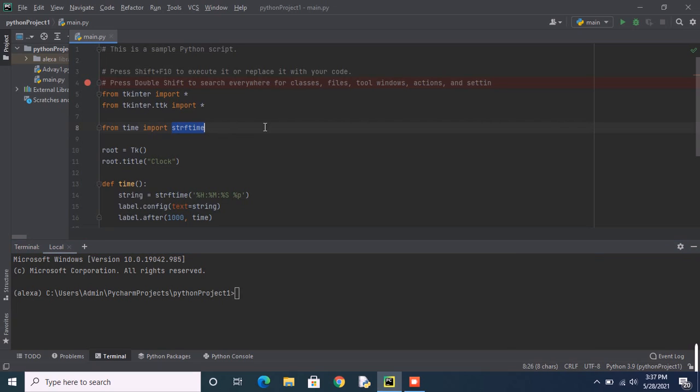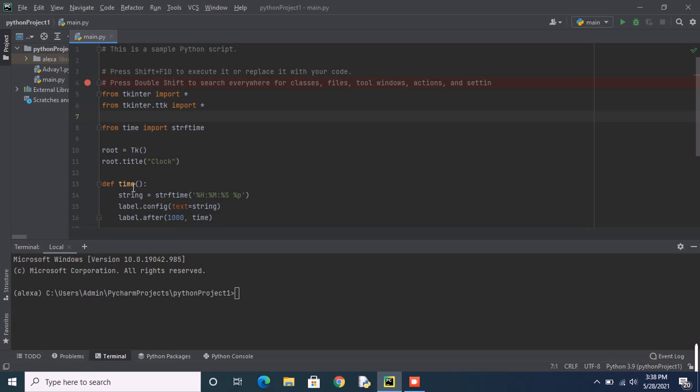After that guys, you can see there's the root function. This roots the Tkinter, short form tk, and we have given the name to this root as clock. So the title of this root is clock, and def means nothing but that it's a function, and this is the time.